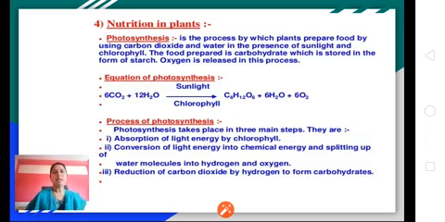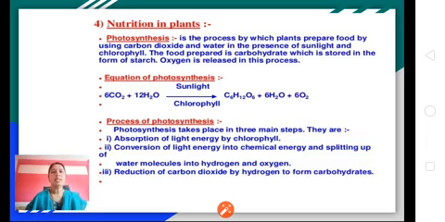And how can we define photosynthesis? It is a process by which plants or autotrophs prepare their own food by using carbon dioxide and water in the presence of sunlight and chlorophyll. The food prepared is carbohydrate. Which form of carbohydrate? It is glucose, and it is stored in the form of starch in different plant parts. Along with the production of food, oxygen is also another byproduct which is released into the atmosphere.